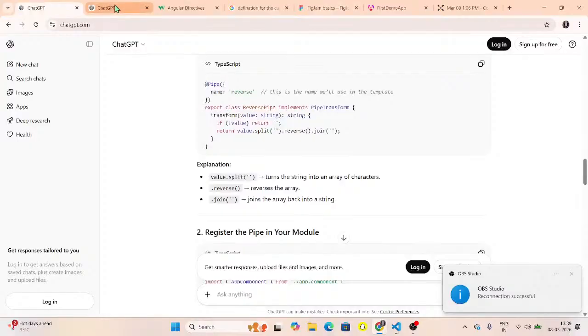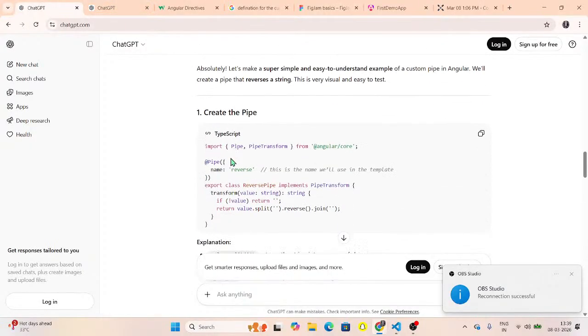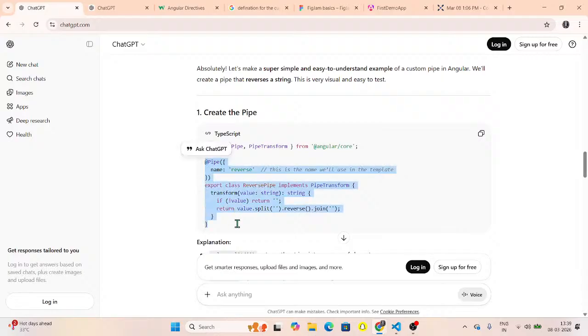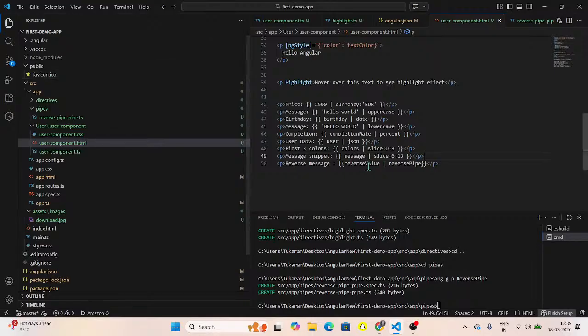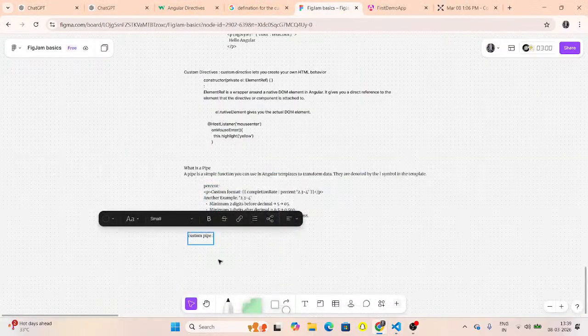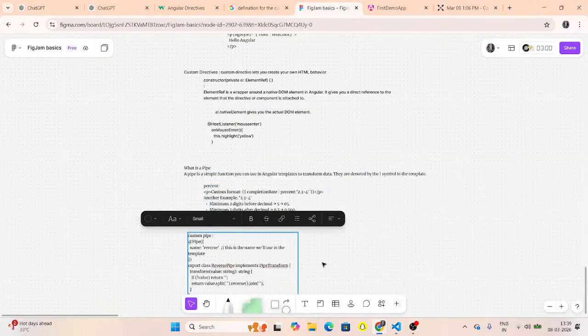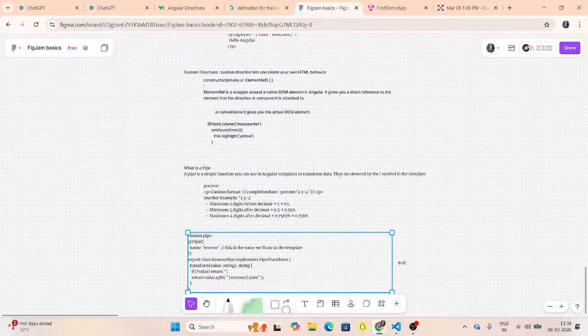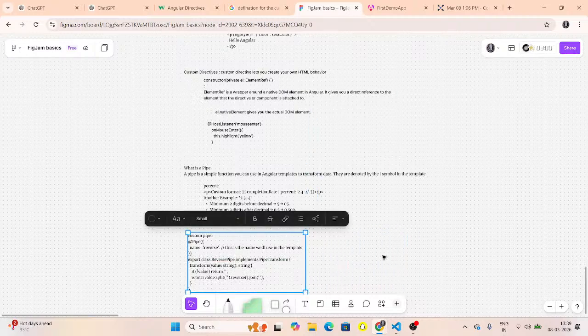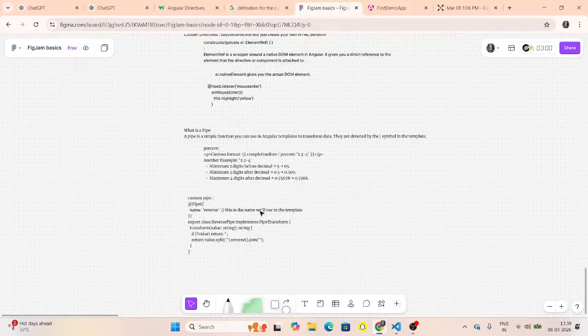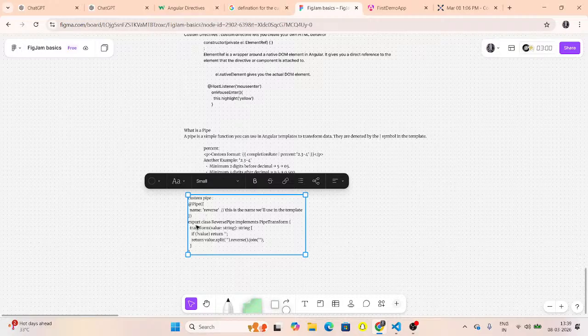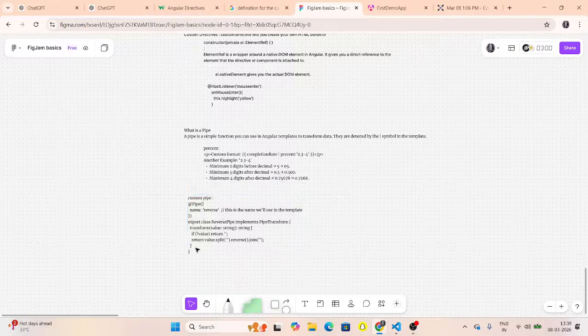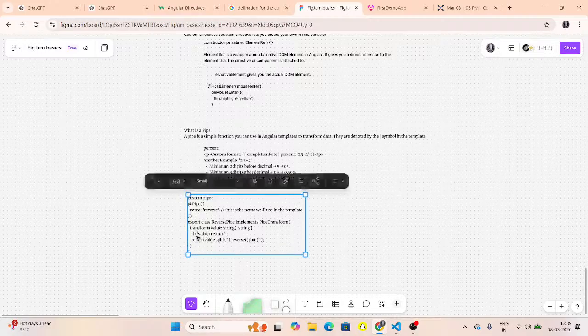To create a custom pipe, then we have to add it like this, export it, copy. This is how we are using it username. But if we have created this custom pipe,